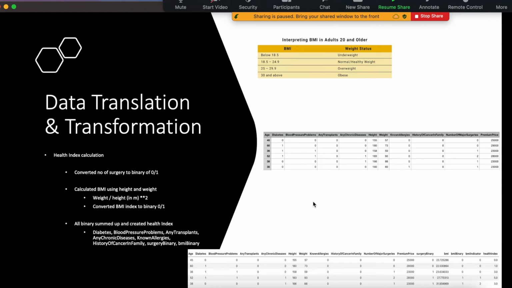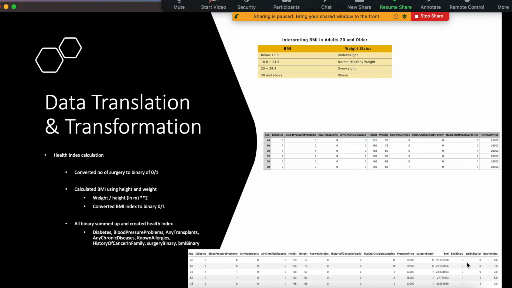Okay, then I'm going to see here in this one, if you guys noticed, I created the number of surgery as a binary. Same thing as what I did with BMI, which I calculated. This is the actual BMI: 23, 22, 23, 27. These are all BMI I have calculated. Then I converted the BMI into a binary. For example, normal means 0, 0, 0. If under or over, I put it as a 1. So I have a BMI binary.